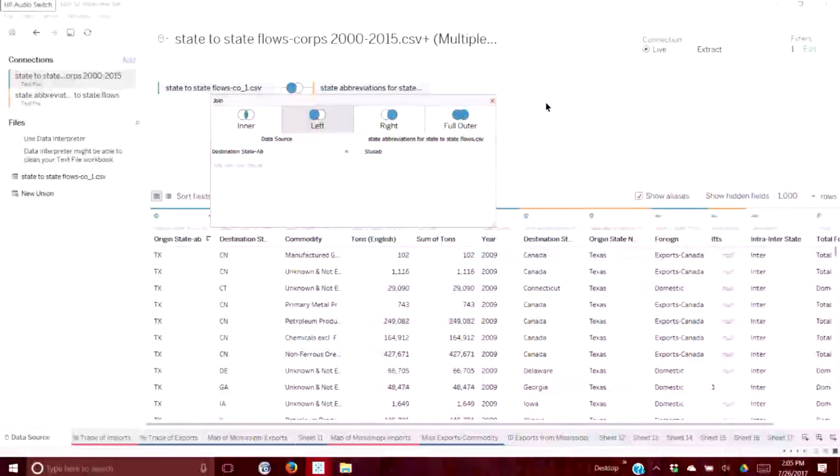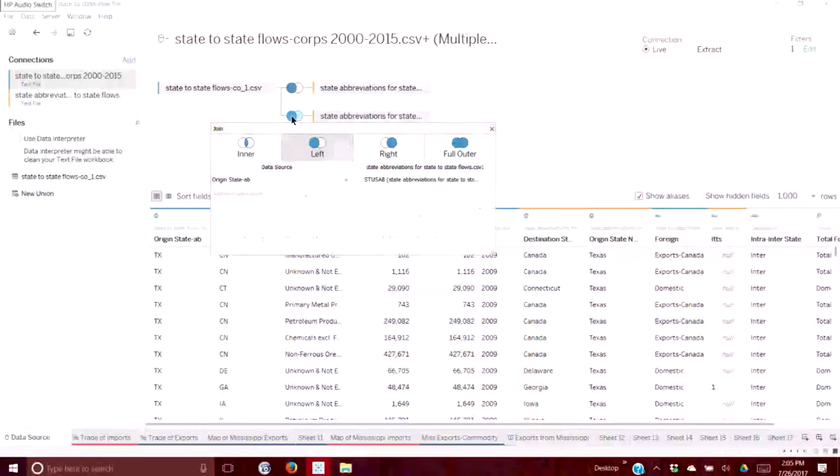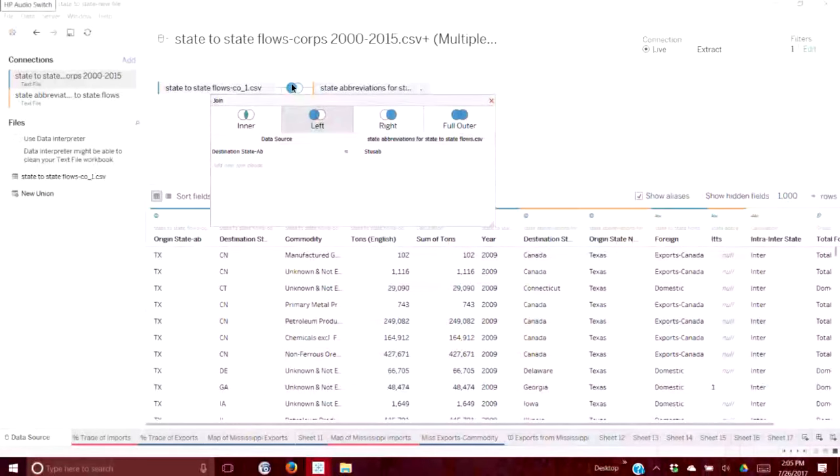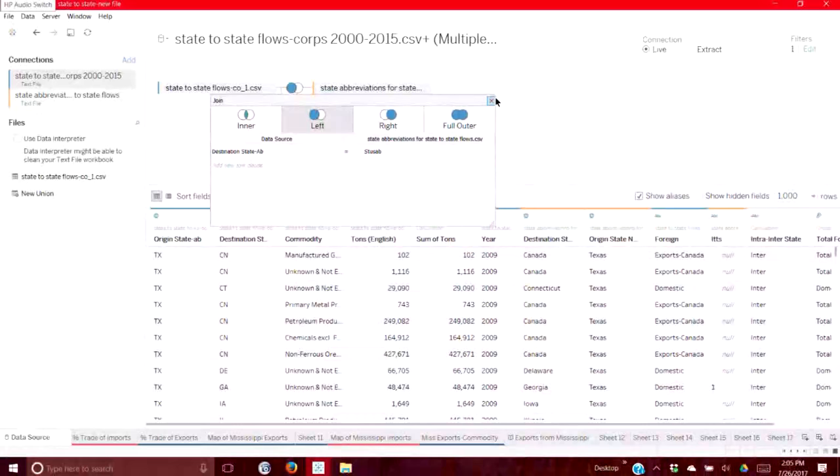I have Canada. I have a more descriptive name than just what's there. So by doing the join, I can basically create a lookup table to my data set. So I close it out. And what I did is destination state. If you click on the second middle Venn diagram, you'll see I did it as origin. So what I did is I did one join on the origin, one join on the destination, and